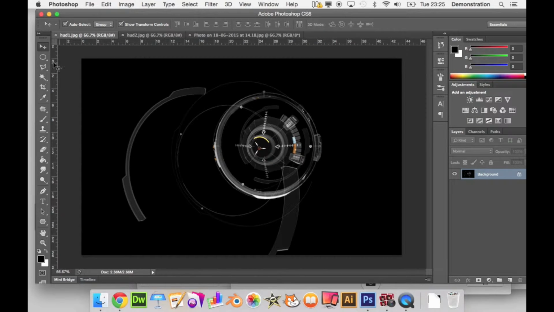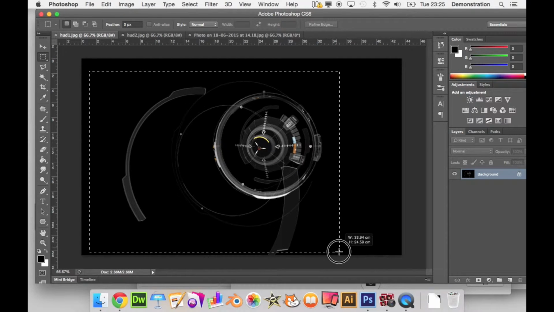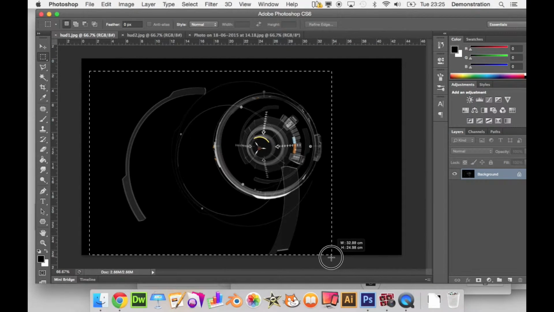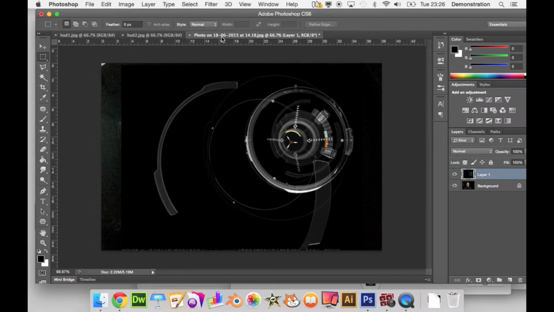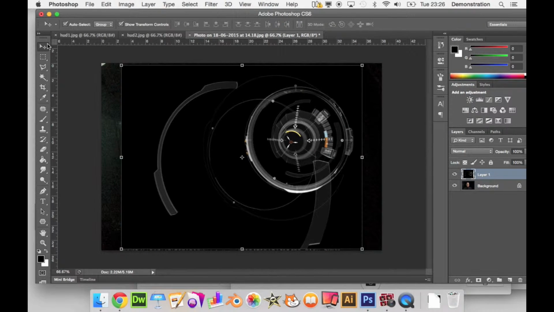Now this one's fine, so let's just cut the bit out that we need. So I'm going to use the rectangular marquee to select all that. Just there, the rest is dead space, so let's just get that. Let's copy it, go onto the picture of me and paste that on. And maybe that's a bit big, so I'm going to click the move tool, make sure I've got a tick on show transform so I can see the handles. Let's just scale that down a little bit,